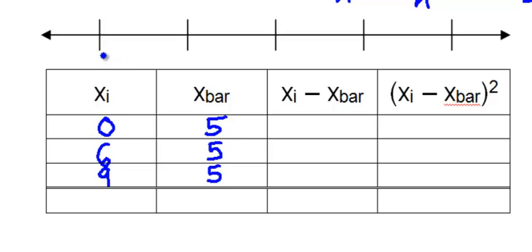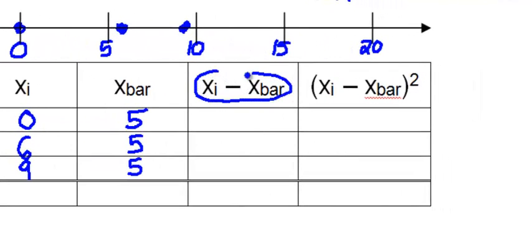So if we think about this as a number line, this being 0, this being 5, 10, 15, and 20. 0 would have this location. 6 is a little bit more than 5. And then we have 9. So the center of this data set is about 5, according to the mean. Now the standard deviation measures the spread of this data set. Again, we'll do 4 data sets to illustrate, as you spread the points out, how does that affect the standard deviation. Our first step to computing the standard deviation is to compute what's called the deviations, and